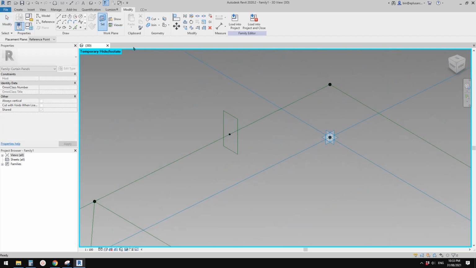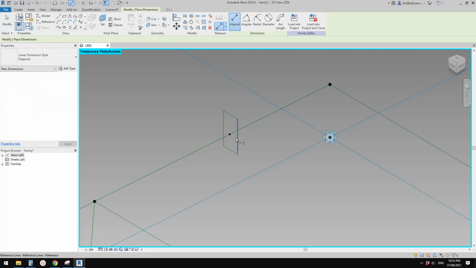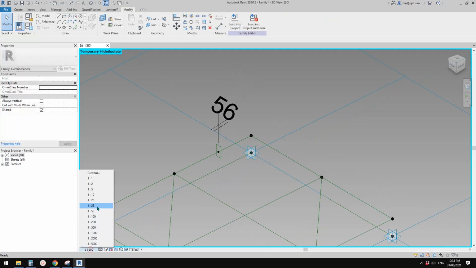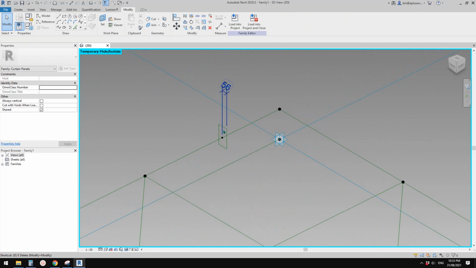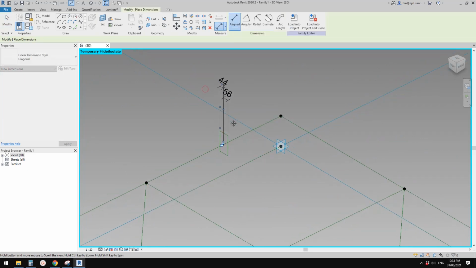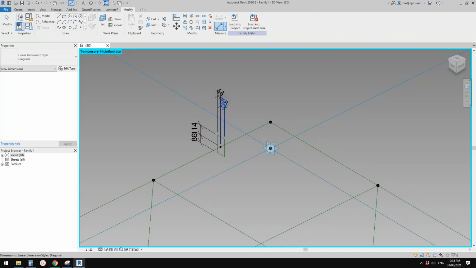But before that, set work plane, pick this work plane, DI dimension, and pick this one to the point. Okay, so maybe I'll change the scale. So let's continue. So another dimension, and then this dimension, so vertical, and then we can just create a parameter for